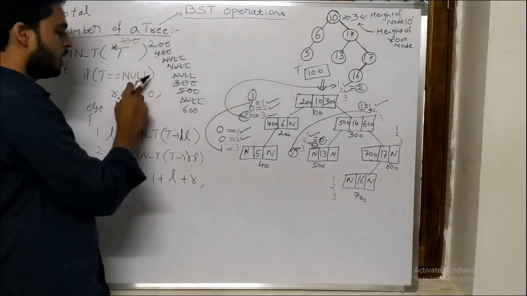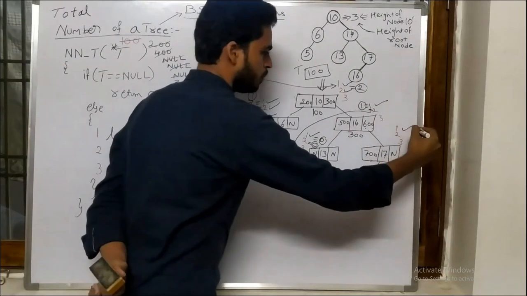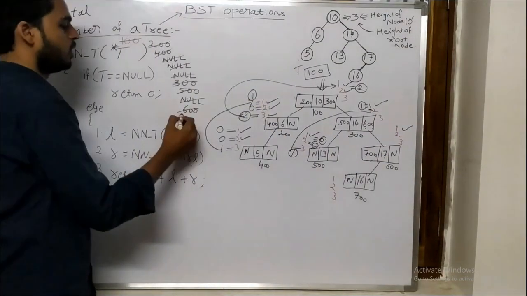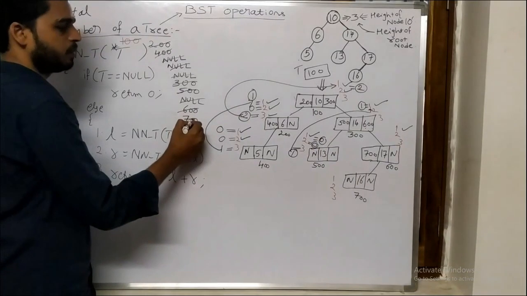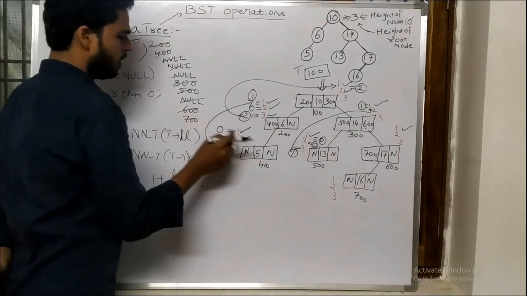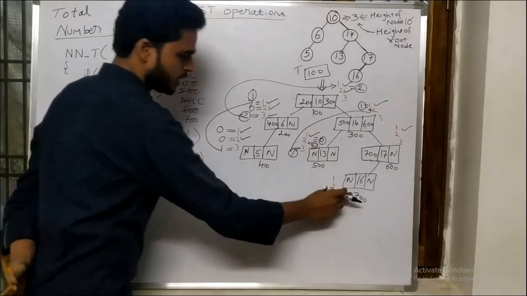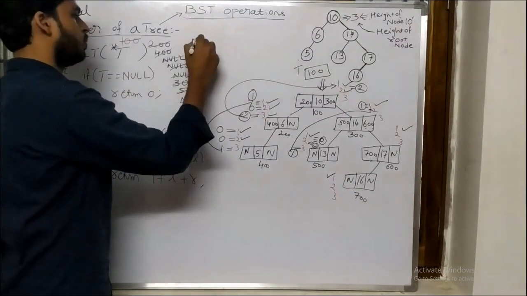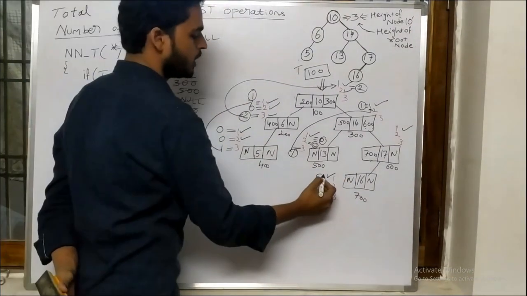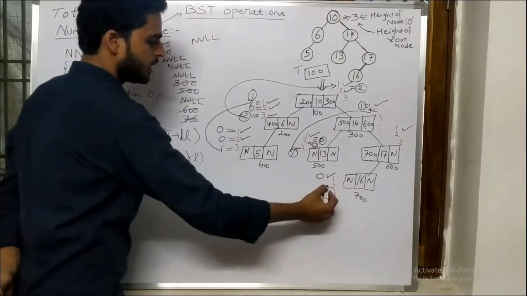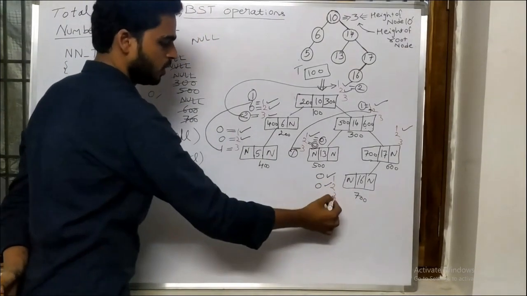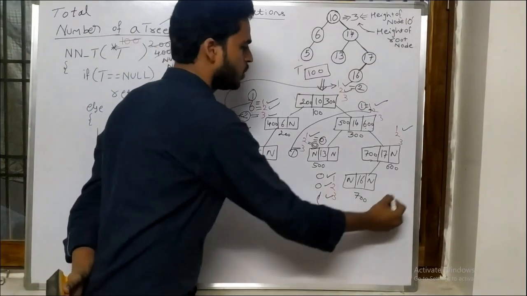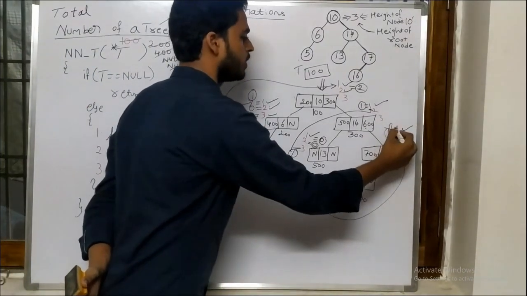Now 600 is not null, so it is going to execute once again this statement. It is going to pass the first statement, that is the left link, so it is going to pass the address 700. Address 700 is not null, so it is going to execute this statement. In this statement, the first statement is null, so it is going to pass null. When it is null, it is going to get 0. And the second statement is also null, so 0. Then the third statement, 1 plus 0 plus 0, that is 1. That 1 will be returned to the first statement.